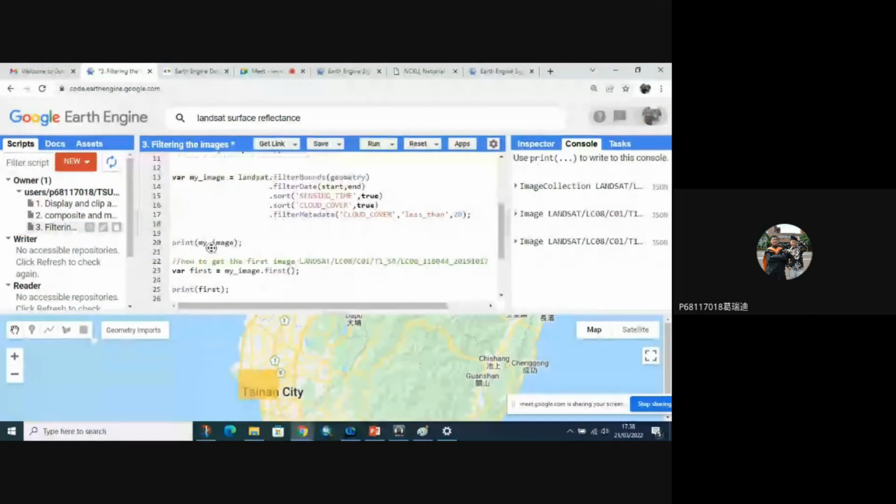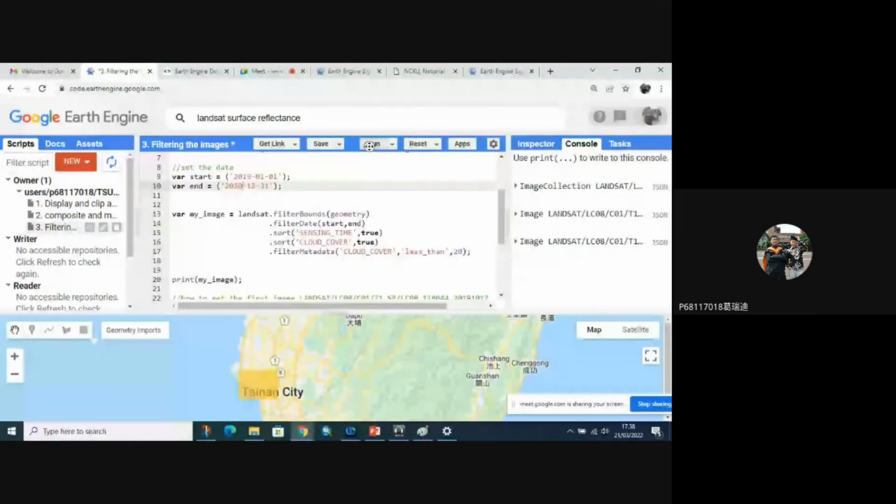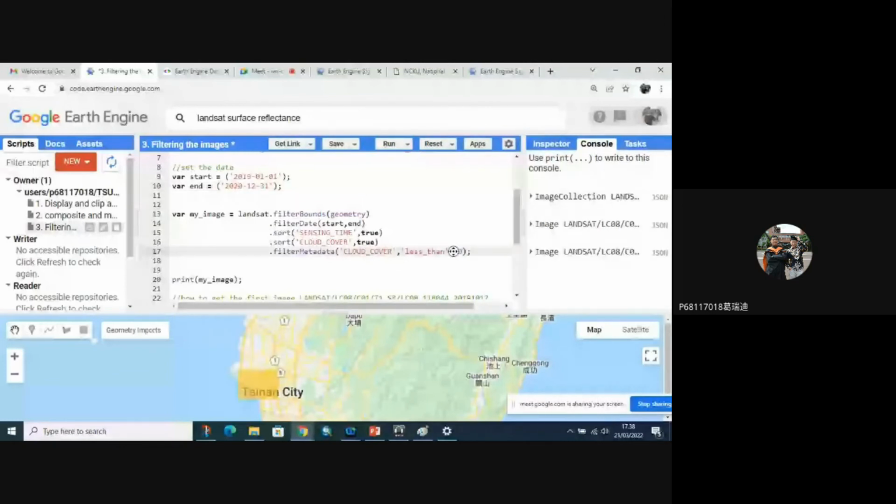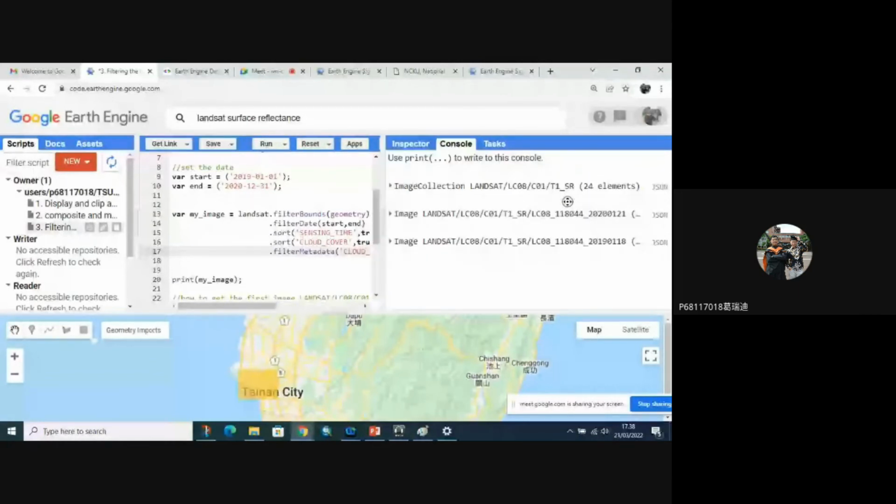Print my image. Okay, 24 elements here. We have 24 images.